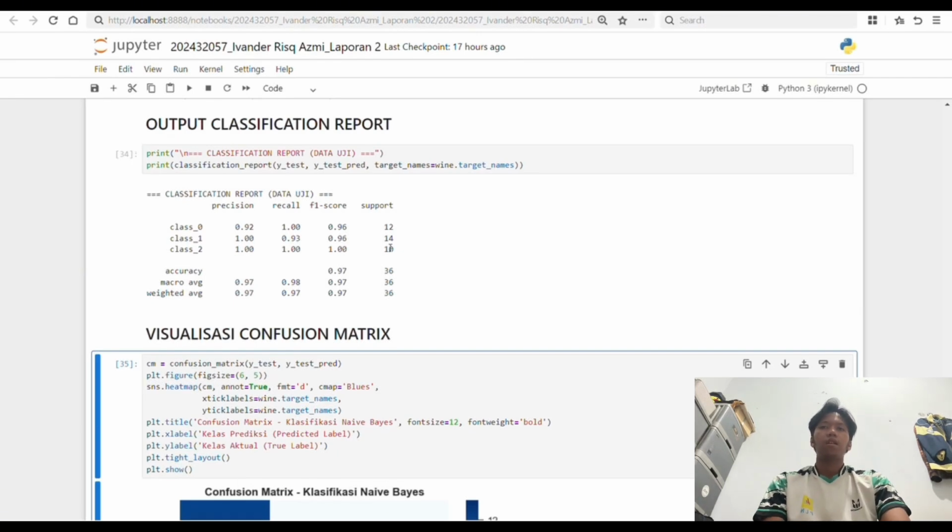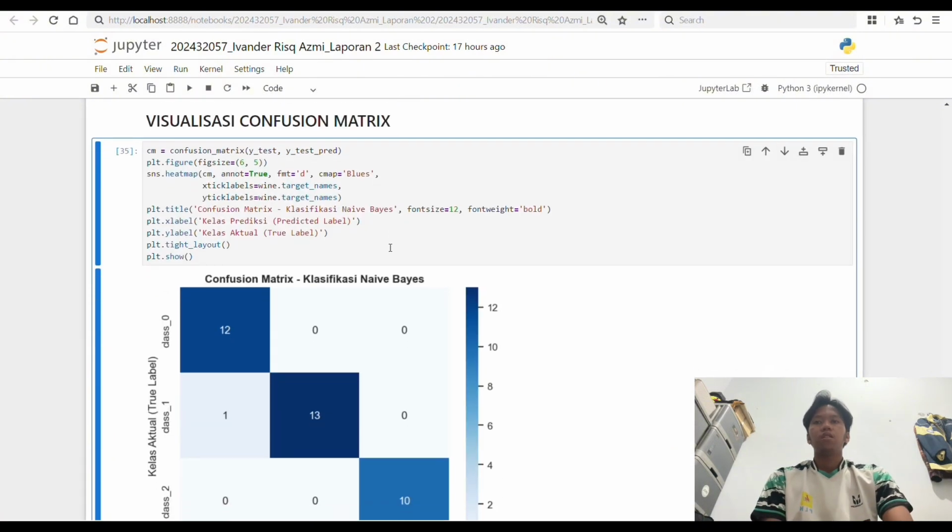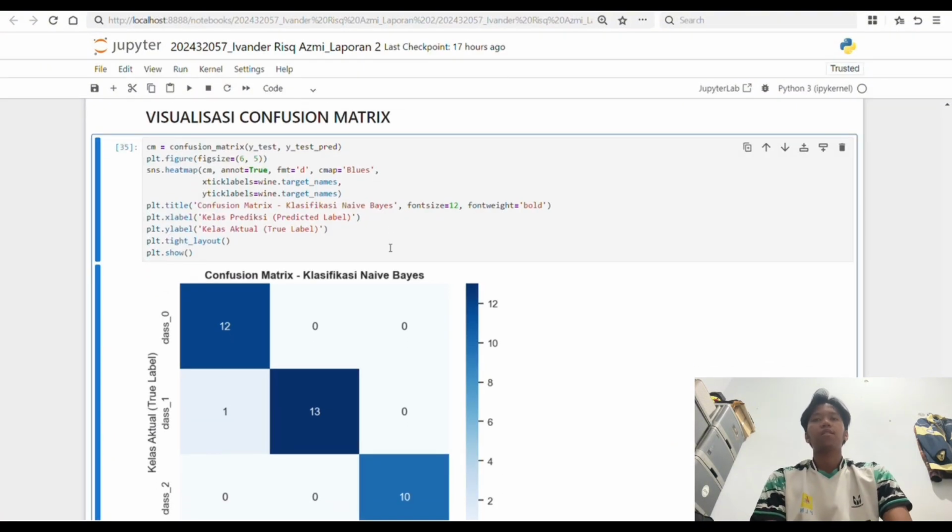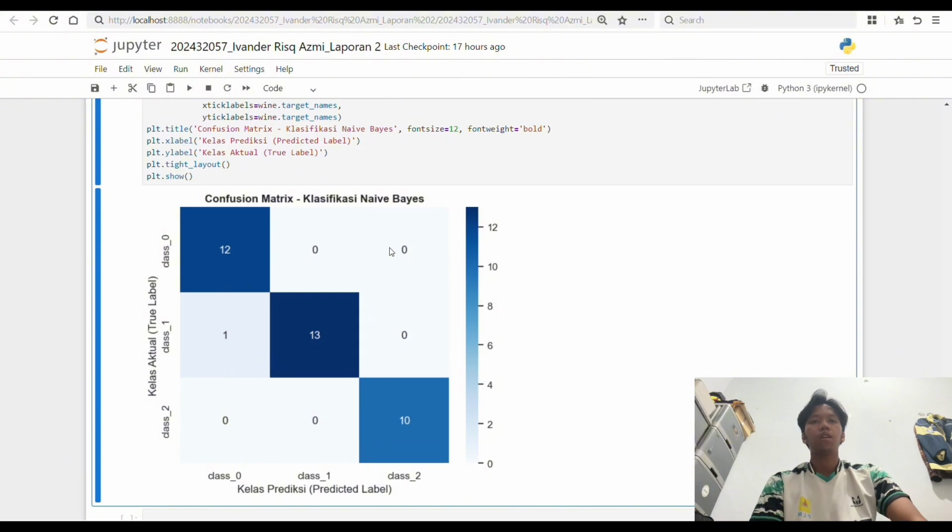Okay, last step 8. The final step of our practical series is step 8, which is the confusion matrix visualization. The blue heatmap visually reinforces everything we discussed. Of the 36 independent test samples, our model successfully predicted 35 samples correctly. This one miscalculation is a minor error and does not tarnish the overall integrity of the model.